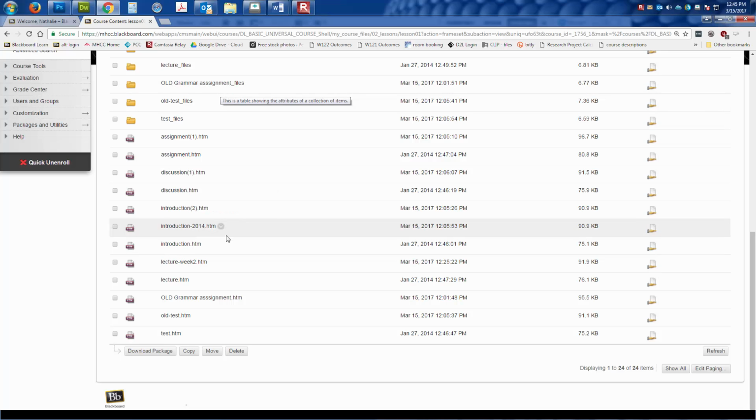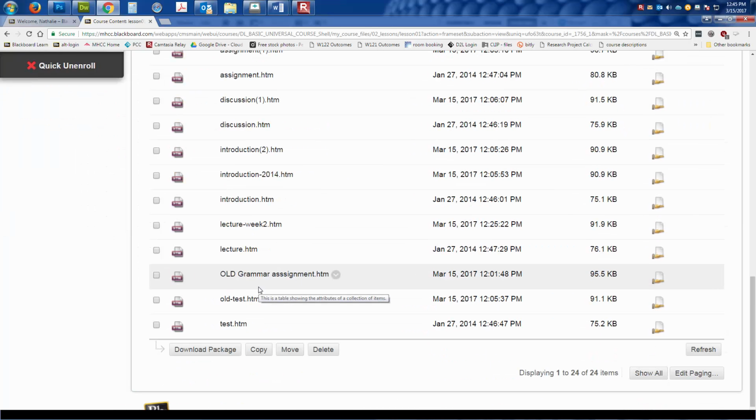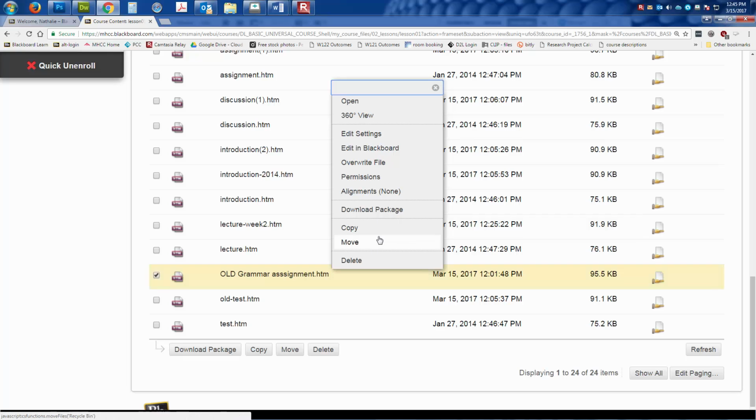So, based on what we know about good file naming conventions, we can see that this file right down here, Old Grammar Assignment, is poorly named for a couple reasons. First off, there's some caps here under Old, and worse, there are spaces here. So we're going to rename this, and the way to do that is you click on the action link, you go here to Edit Settings, which is not intuitive, but that's what you do,